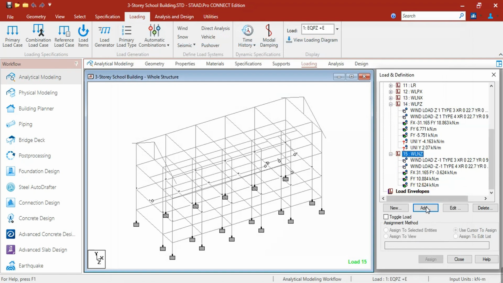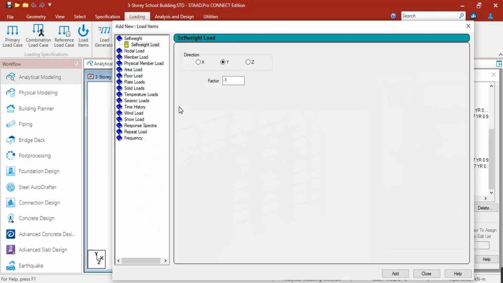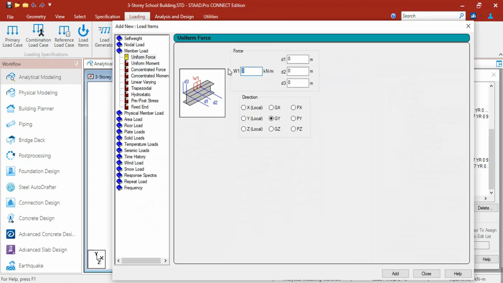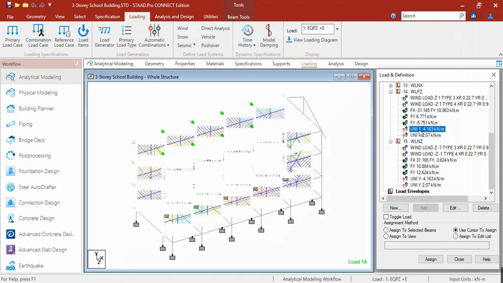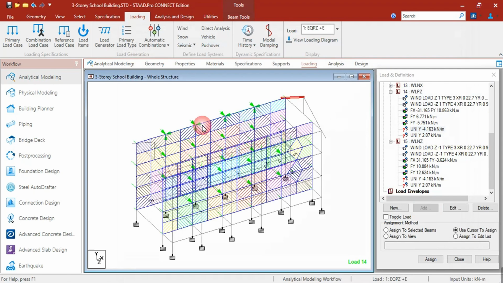Then for the negative Z, that is the same values, 8.326 divided by 2, negative 4.163, local Y, and 2.07, local Y. Okay, so for the positive Z, this is the windward side.